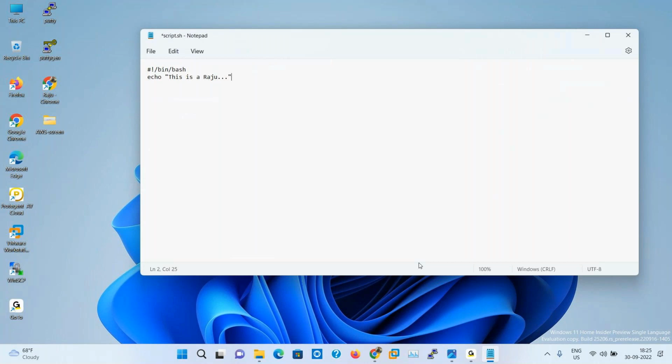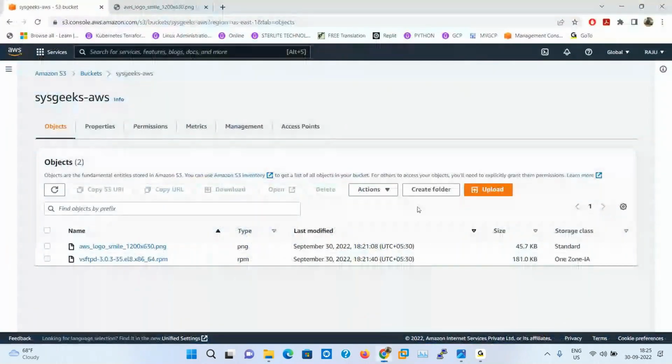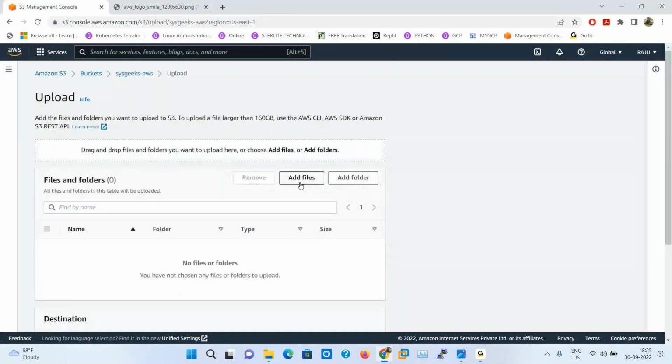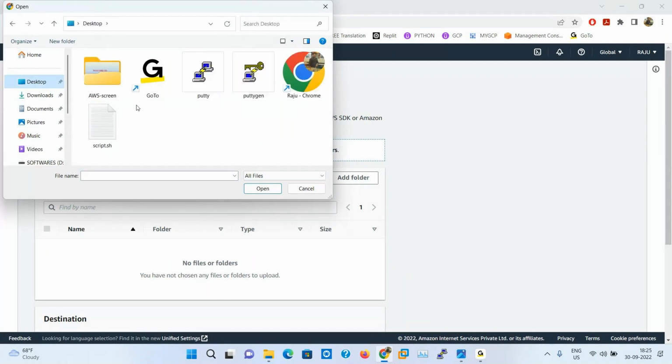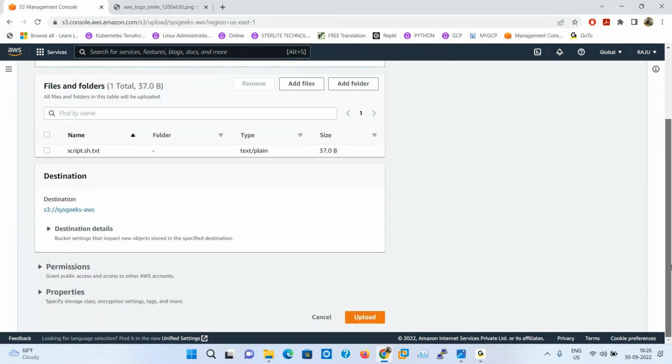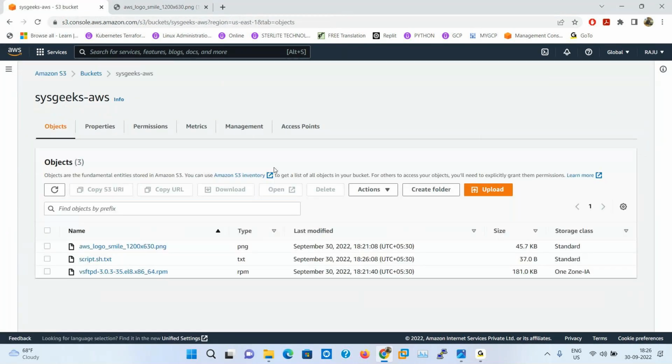Then to save the file, two lines are there. So now I want to upload this object. Upload, add files. Under desktop, the file name is script.sh. Open. Now upload it. Now close. So now the script.sh file is successfully uploaded.